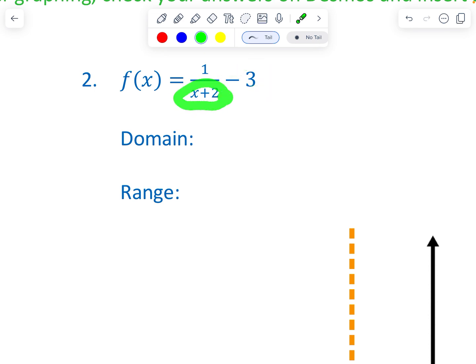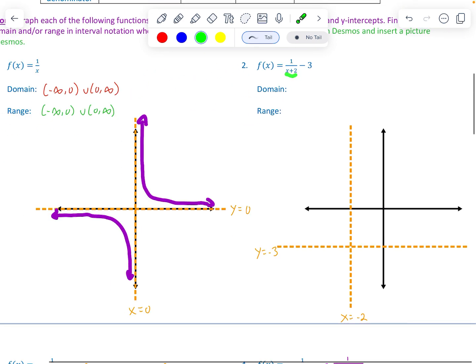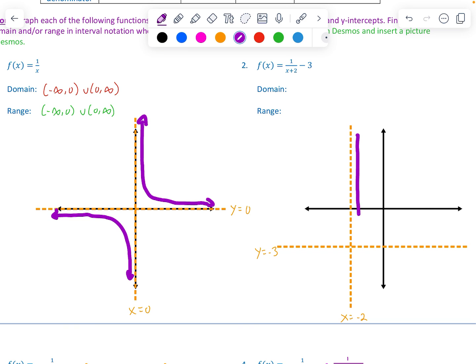But really for these functions, you're trying to figure out what you can plug in for x that would make the bottom equal 0, because then those are values that we're not allowed to equal. And so either case, that's x equals -2, which is why we have a vertical asymptote at -2 right there. This shifts it down 3, so we have a horizontal asymptote at y equals -3. And then our graph looks just like the parent function,